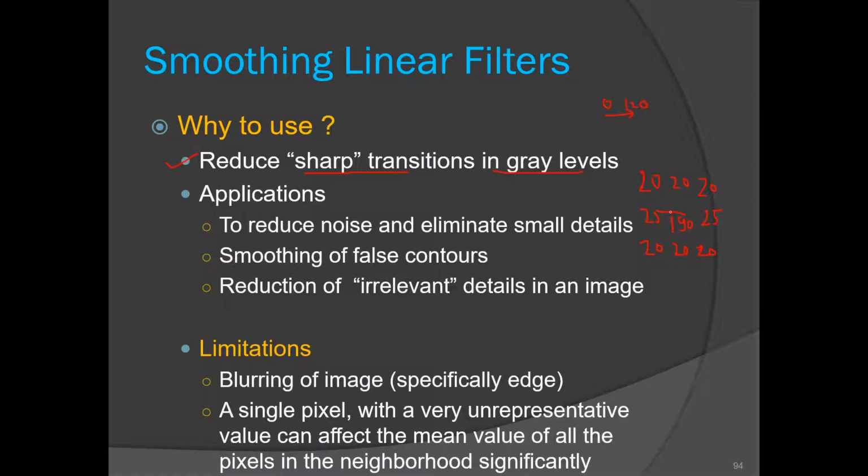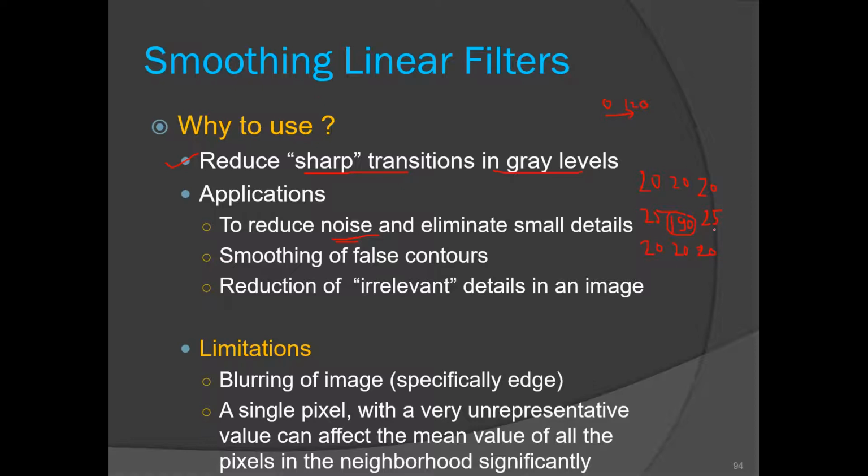Now this 190 will be a bright pixel, and such pixels are known as noise in the image. We can eliminate such noise using the smoothing filters.